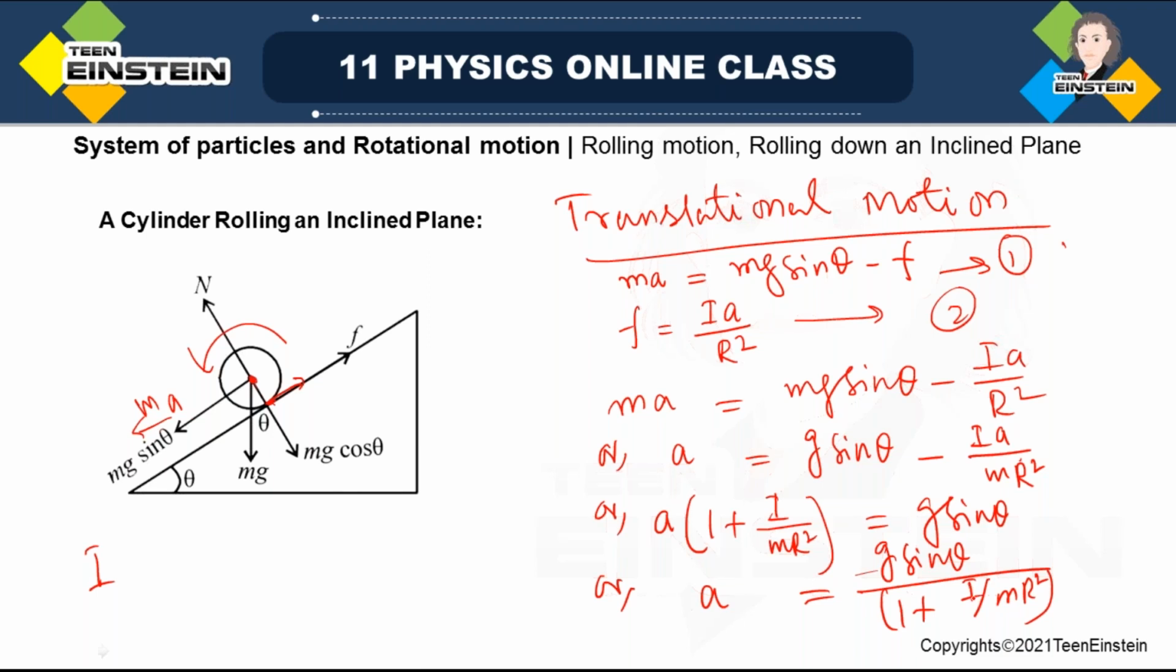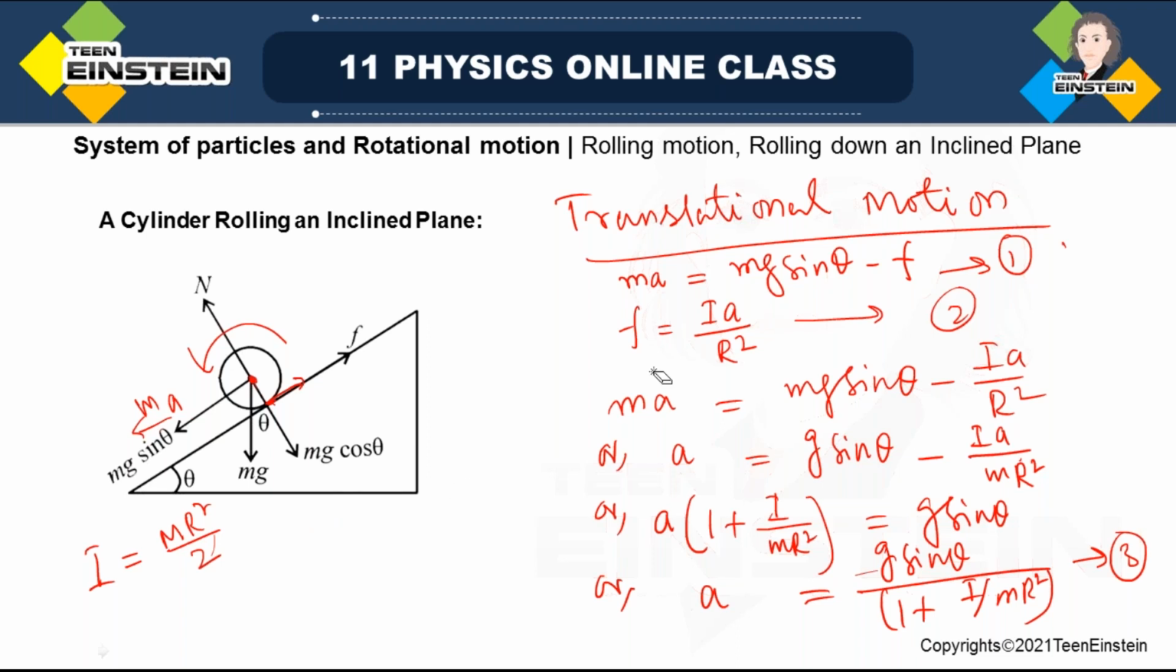So if it is happening about its own axis, then what happens? This is a solid cylinder, you also have to remember that. So it will be m r square by 2, just like a disk, m r square by 2. If we put this into equation 3, this equation number 3,